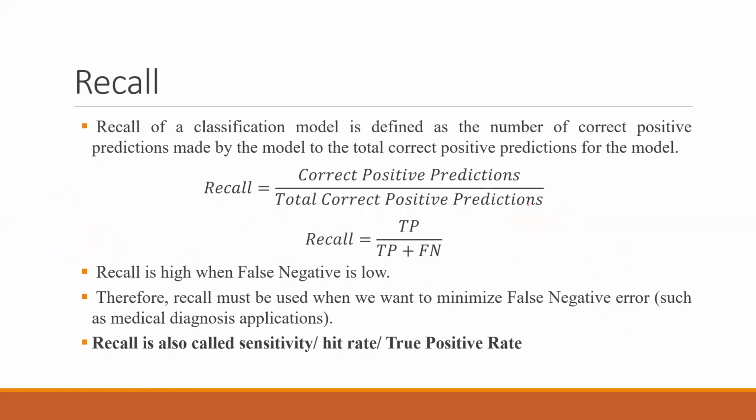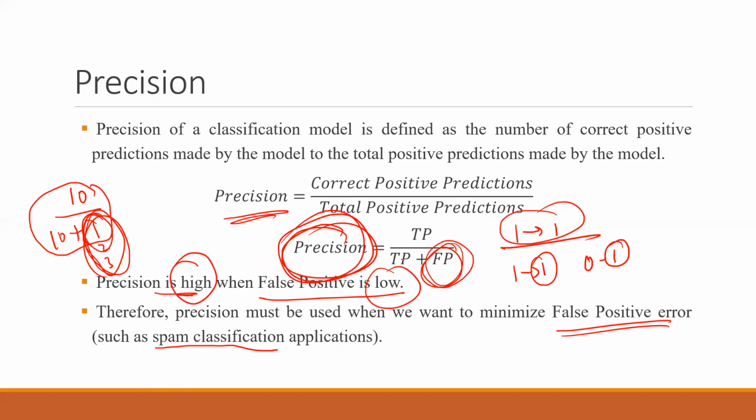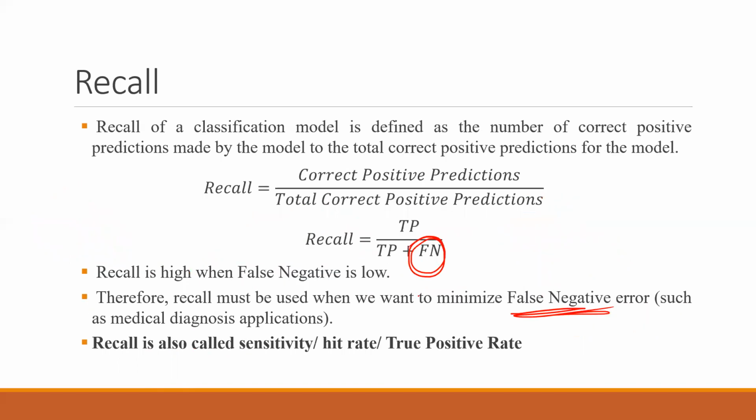एंड रिकॉल, रिकॉल में उसका उल्टा कर लो, फॉल्स नेगेटिव को मिनिमाइज करना है, ठीक है, यहाँ पे फॉल्स नेगेटिव आ गया. एंड फर्क सिर्फ इतना ही है, दैट टीपी अपॉन टीपी प्लस एफपी और टीपी अपॉन टीपी प्लस एफएन. सो व्हेन यू आर ट्राइंग टू फोकस ऑन मिनिमाइजिंग फॉल्स नेगेटिव, जब भी आप मेडिकल डायग्नोसिस कर रहे हो, then this recall will help you. ठीक है, recall को जितना high करोगे उतना better.